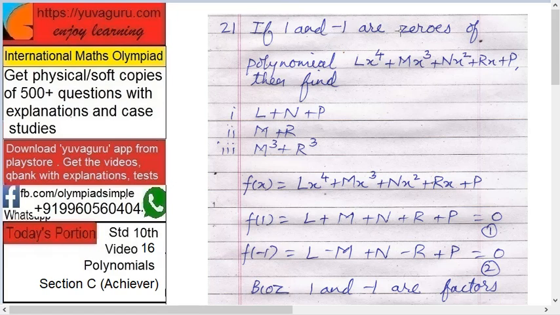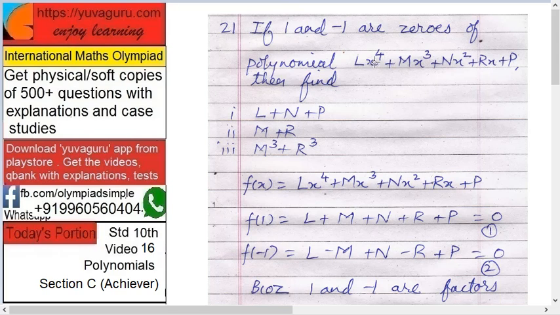1 and minus 1 are zeros of the polynomial capital L x raised to 4 plus m x cube plus n x square plus r x plus p, then find L plus n plus p, then m plus r and m cube plus r cube. Okay. So here this is a